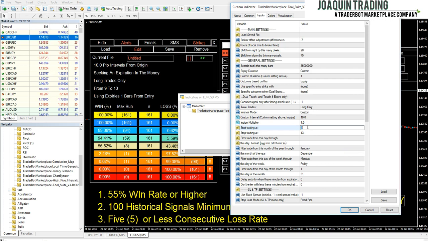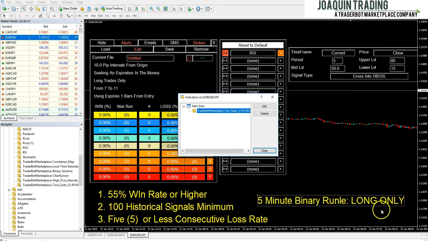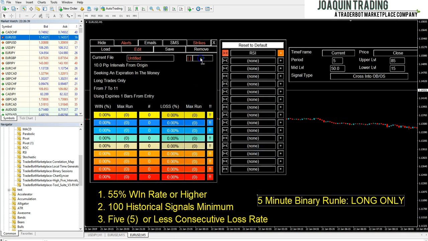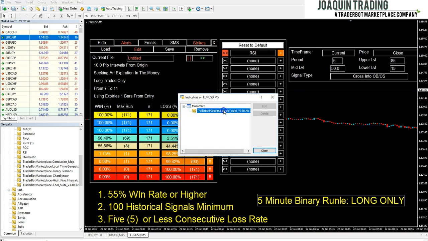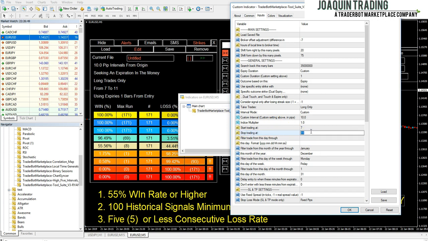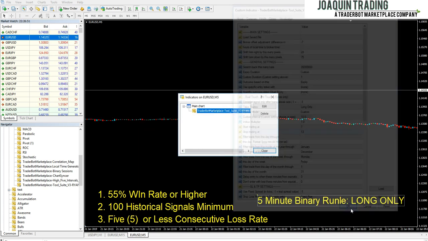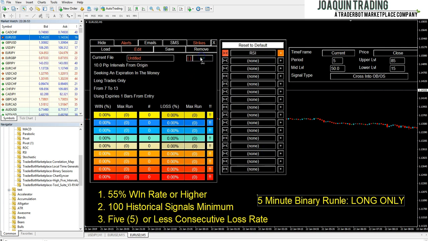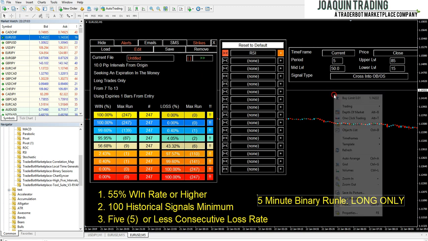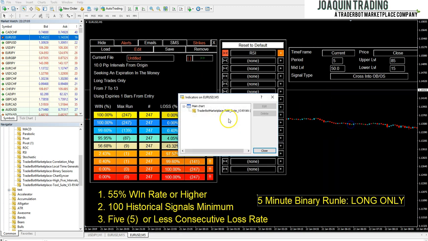Now I'm going to try from 7 to 11. I'm trying to get a window that has enough trades. No good. But now I want to try 7 to 13. Let's try the whole time period. Okay, now it went up to 56%, but this went up to 6. My trades went up, so now I